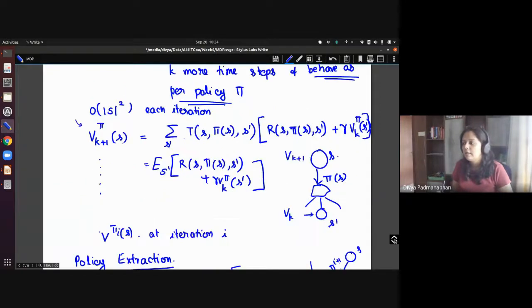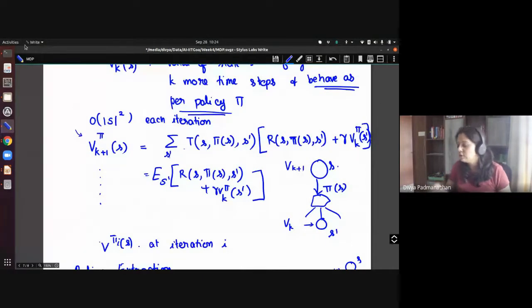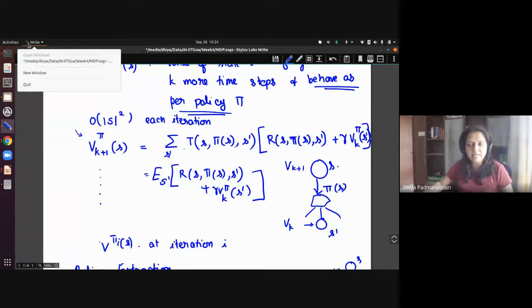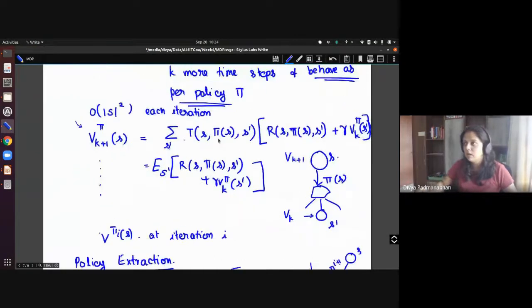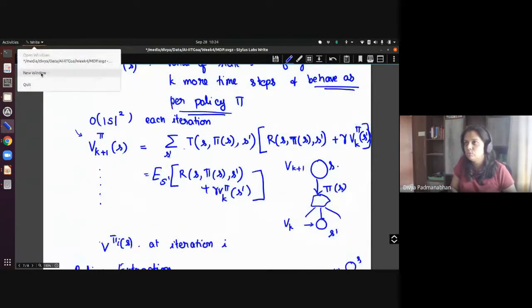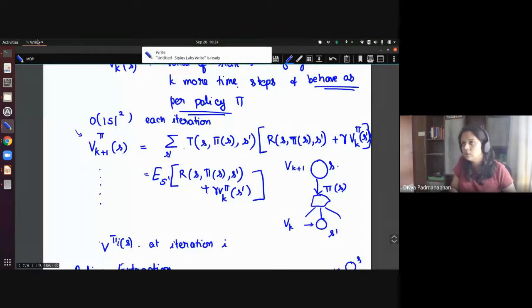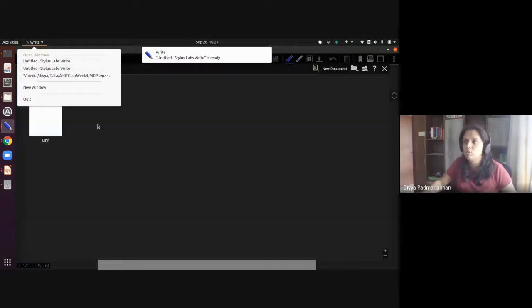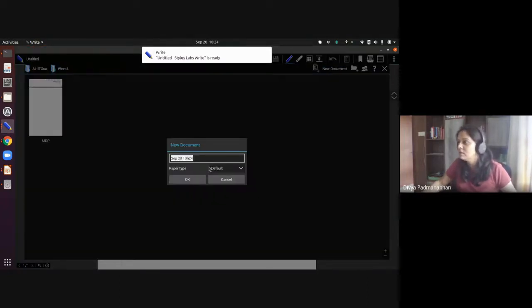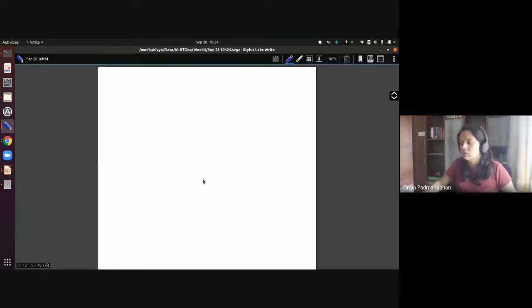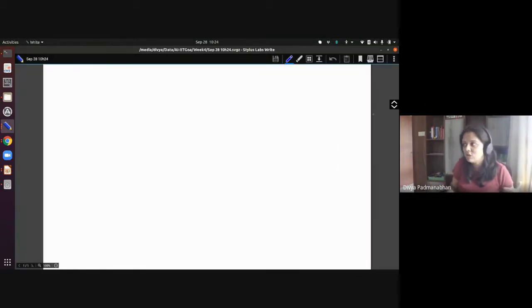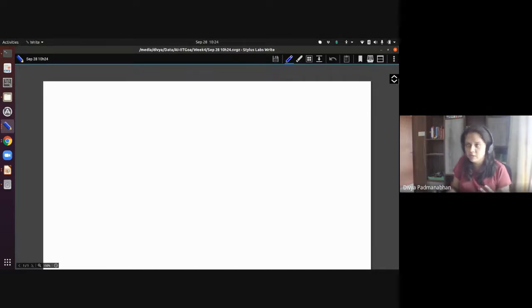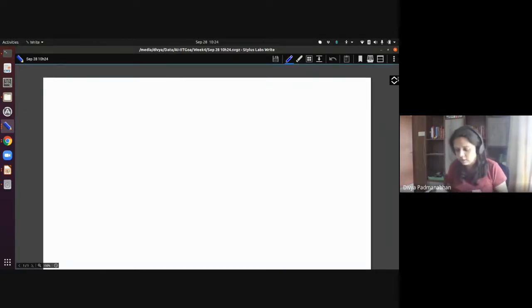Okay. And so now what I want to do is talk of a slightly different example. So maybe let me just start a new one. Yeah, so I'm just going to talk of another framework here, a slightly different class of problems, which can also be cast as an MDP.